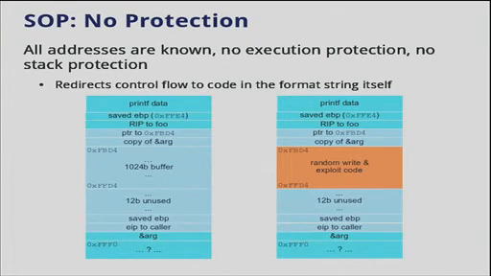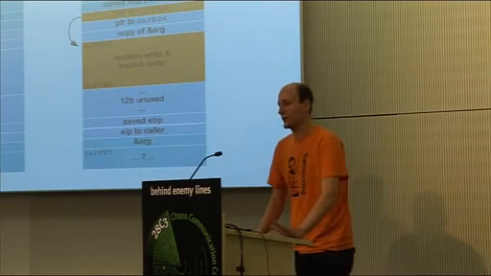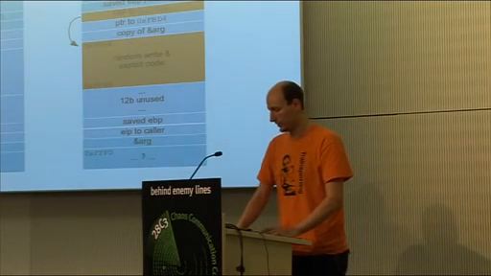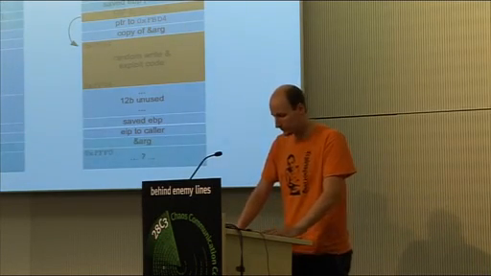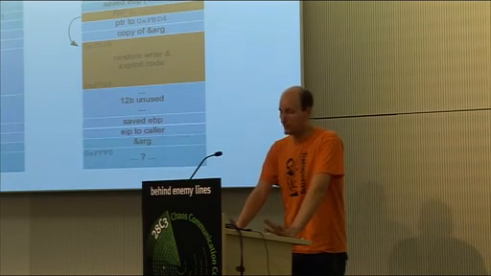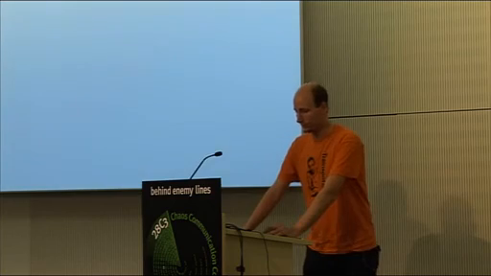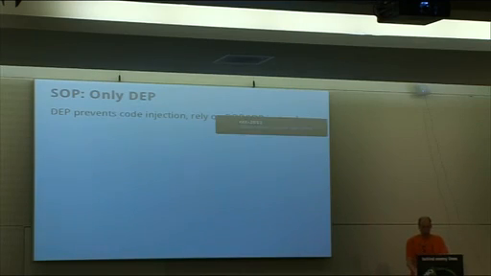The random write at the beginning of the format string will overwrite the saved EIP in the printf data to redirect it to the format string, and it will then execute our nice exploit in the buffer that we placed. But unfortunately, things are not that easy, so we add data execution prevention. So data execution prevention